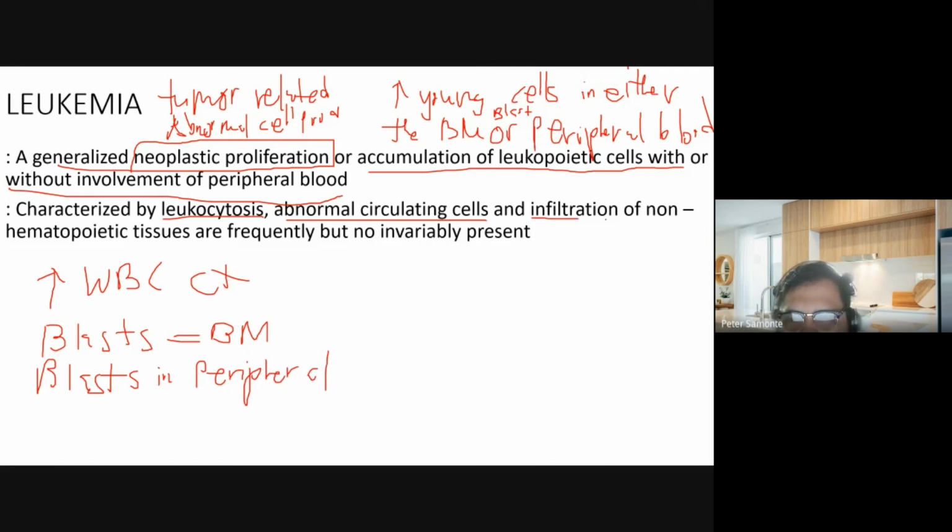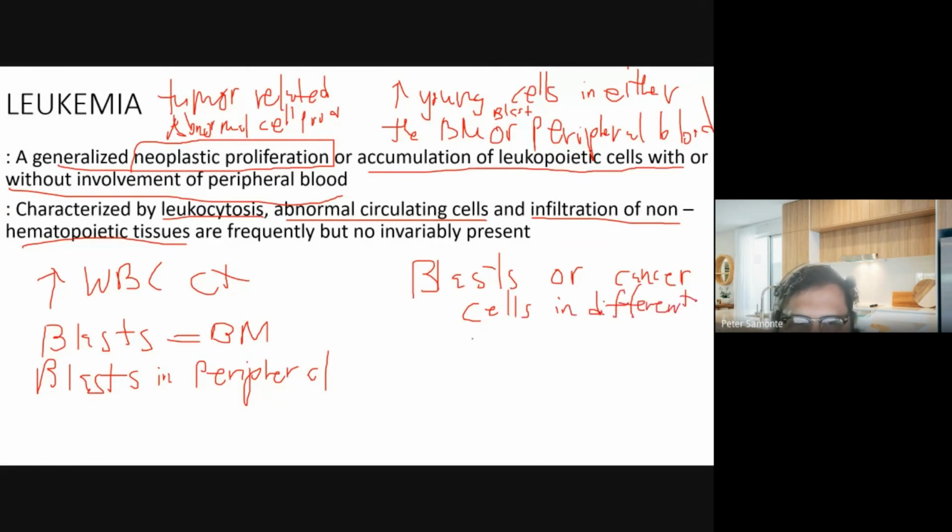And infiltration of non-hematopoietic tissues. You would be able to see blasts or young cells or cancer cells in different organs that are frequently but not